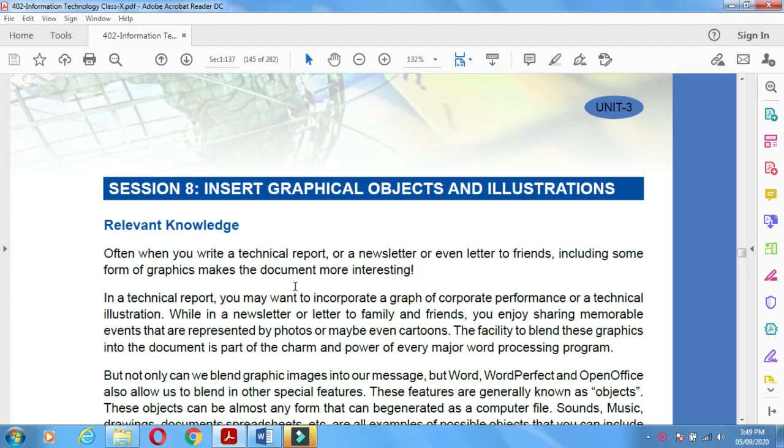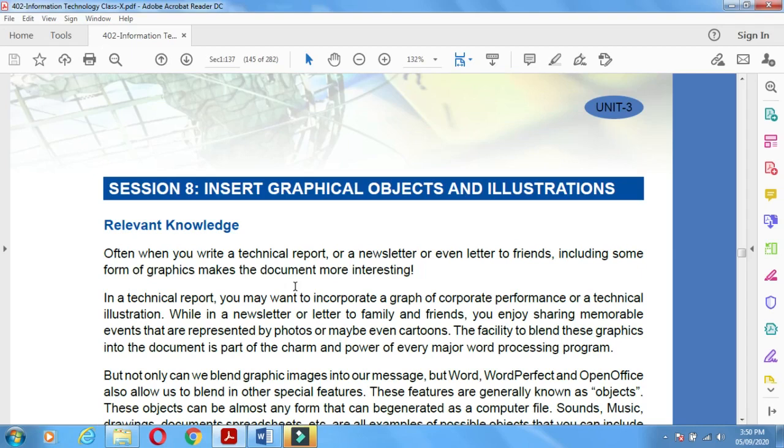Now, when you write any technical report, or write news for a newsletter, or want to write a letter to your friends or your family, you can include some graphic form to make your document very interesting. That time you can use Word and utilize graphical objects.